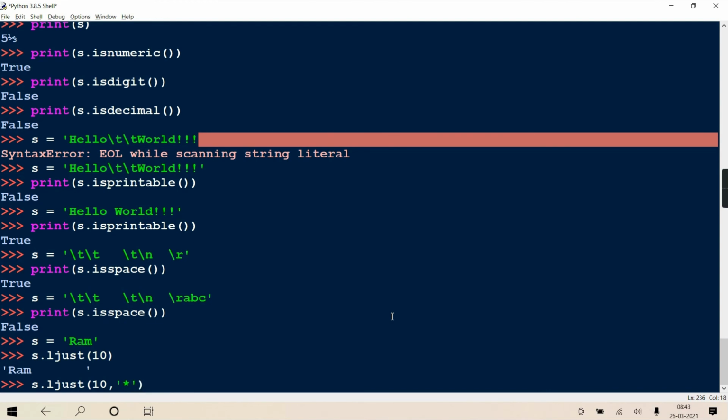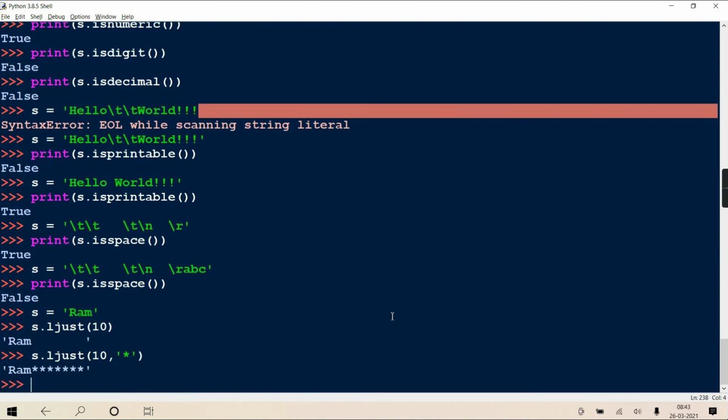Okay. So if you want something else, you can give the fill character. Suppose here I am giving star. See, it is sure to return your string with length 10, in which your string is fit. Now your string is Ram, so that is fitted, and the remaining places are filled with star. Get it?